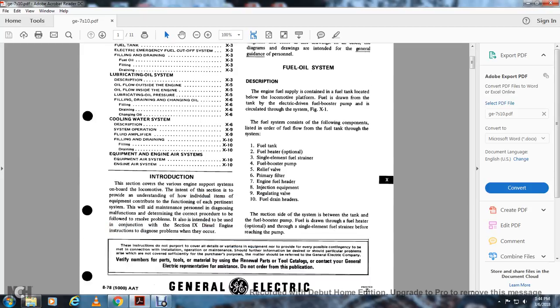Introduction. This section covers the various engine support systems on board a locomotive. The intent of the section is to provide an understanding of how the individual systems of equipment contribute to the function of each of the pertinent systems. This will aid maintenance personnel in diagnosing malfunctions and determining the correct procedure to resolve the problem, and is also intended to be used in conjunction with Section 4 for diesel engine instruction to diagnose problems when